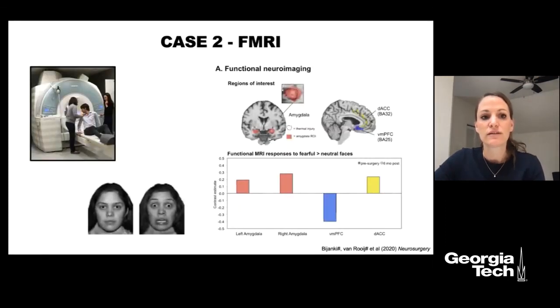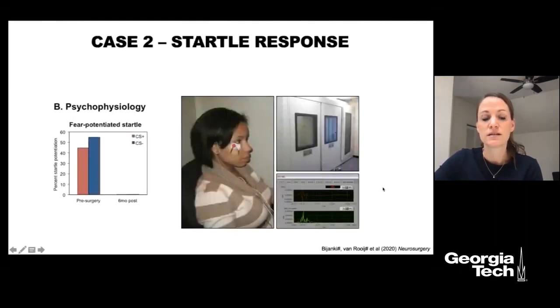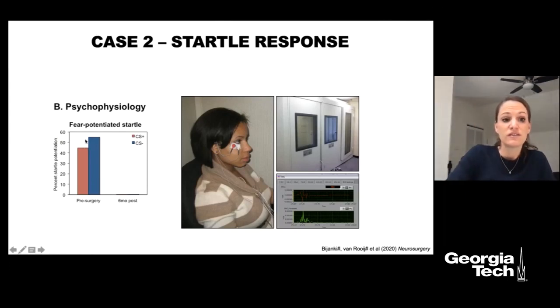So we also collected neuroimaging on this patient. We showed the fearful faces task and indeed saw greater activation in the amygdala. We saw reduced activation in VMPFC and greater dorsal ACC activation, a typical pattern for PTSD patients. And after her surgery, these markers normalized, so lower amygdala activation, VMPFC activation normalized, and dorsal ACC also normalized. Fear-potentiated startle we assessed as well, and we see that she showed